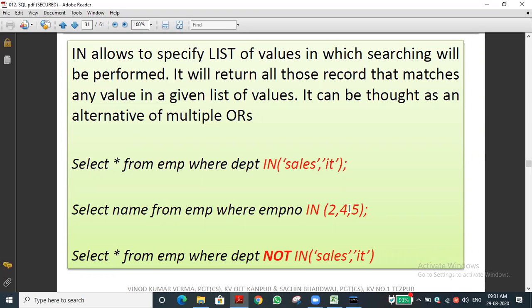That is the use of IN, and we can combine it with the NOT logical operator to do the operation NOT IN the list, meaning everyone except these members. Sometimes in school the teacher says, those who have not submitted the assignments, go outside the class, or else they will give a list: those whose names are not in the list, you can go out. Likewise, we can use IN in different ways. That is the concept.